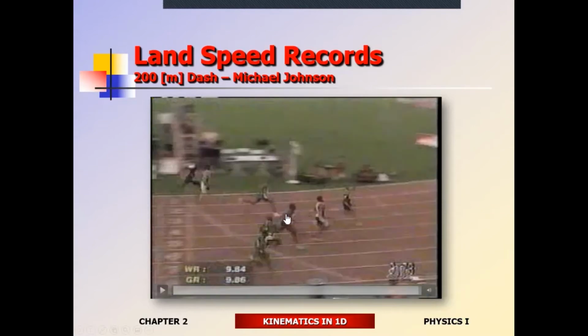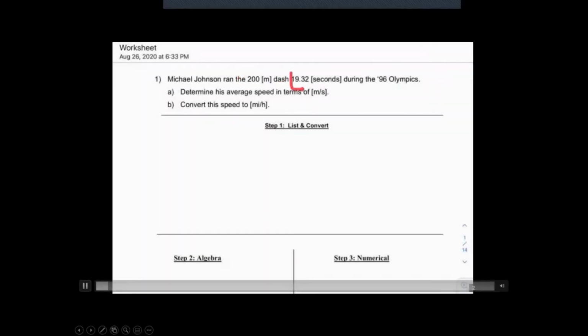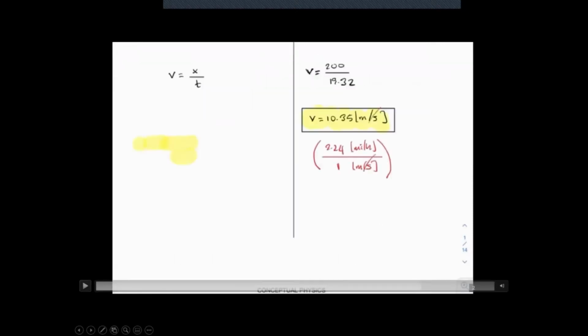So the question is, who's faster? Is it Johnson or is it Green? You can take a high school approach, okay? I'm just going to skip the formatting right now and move on to the end of it.